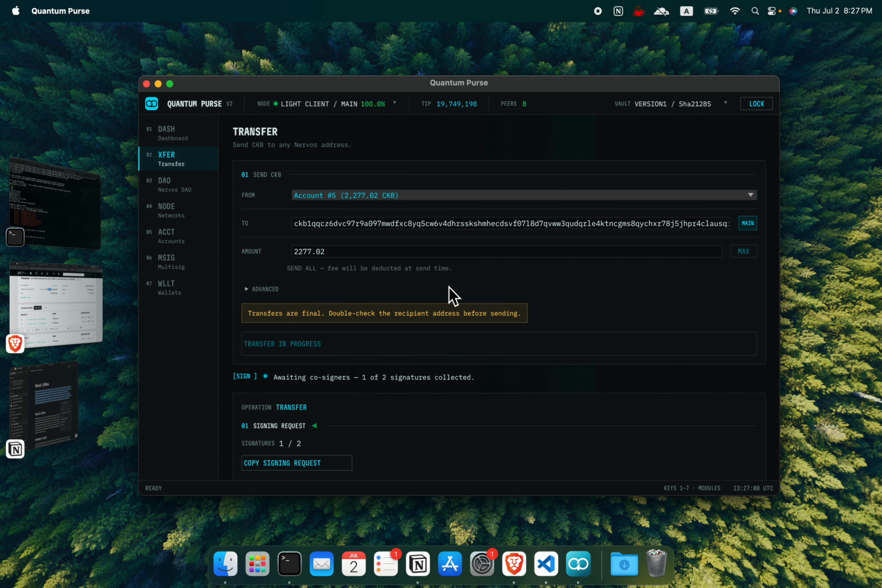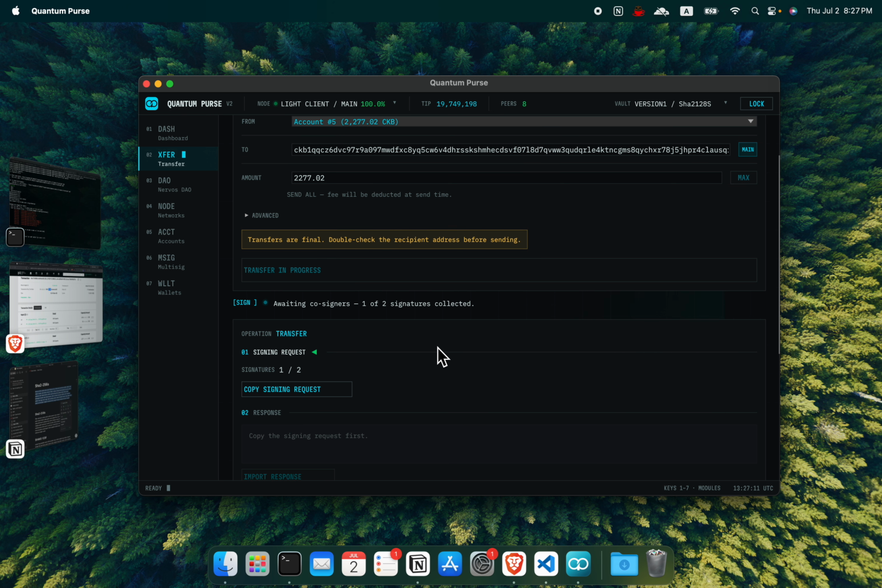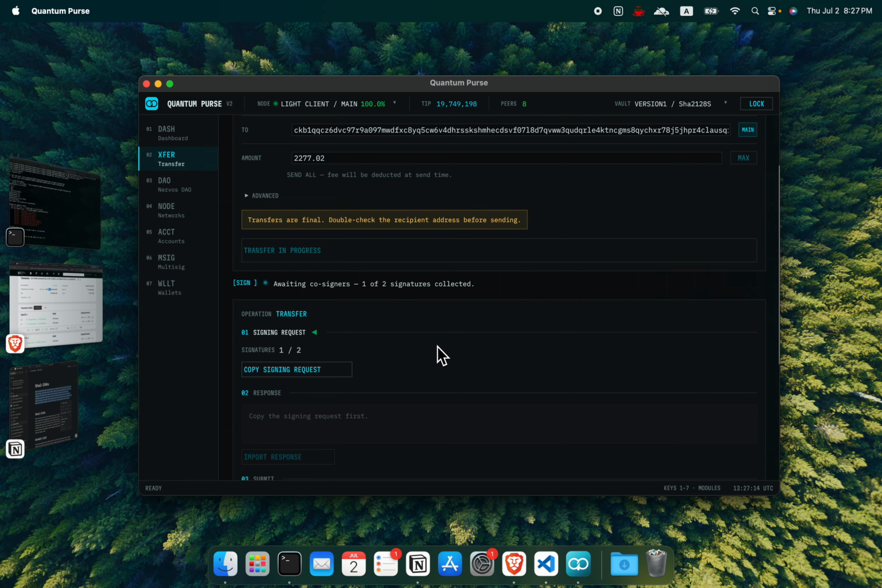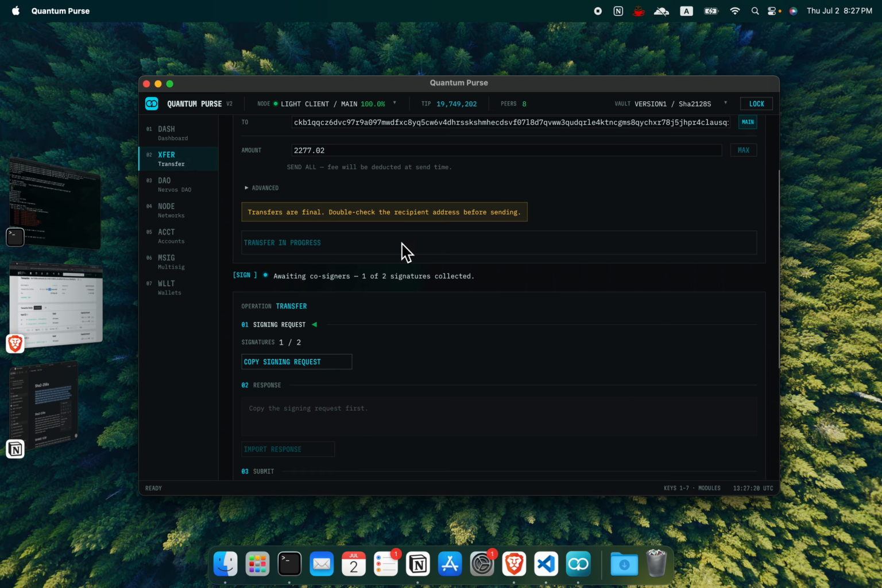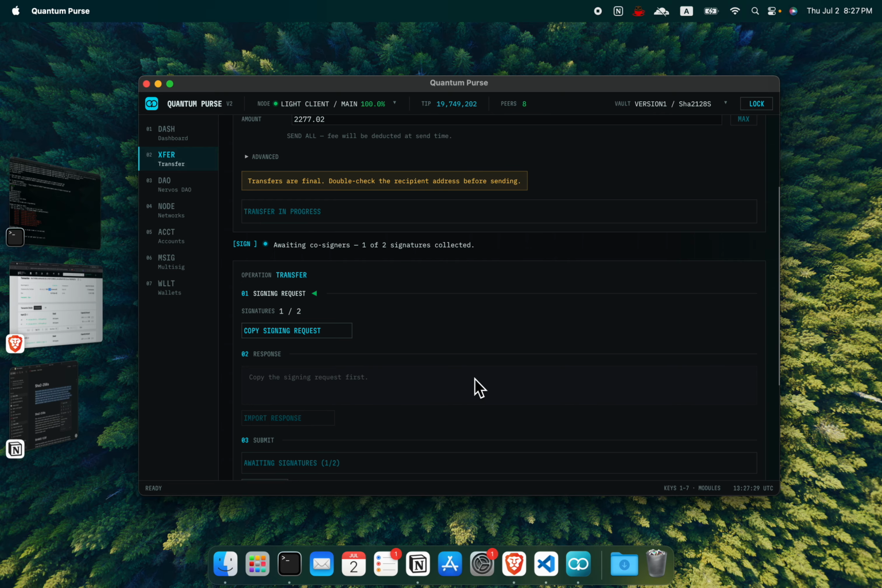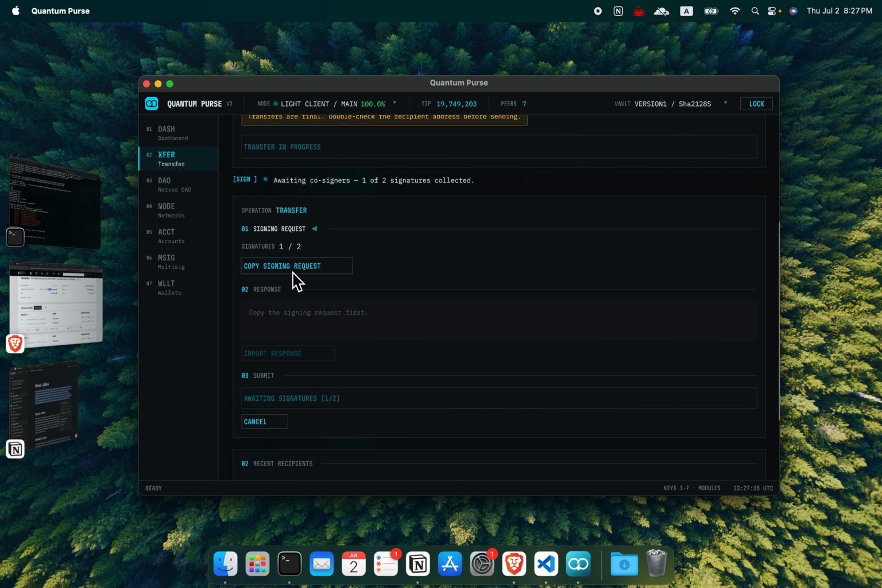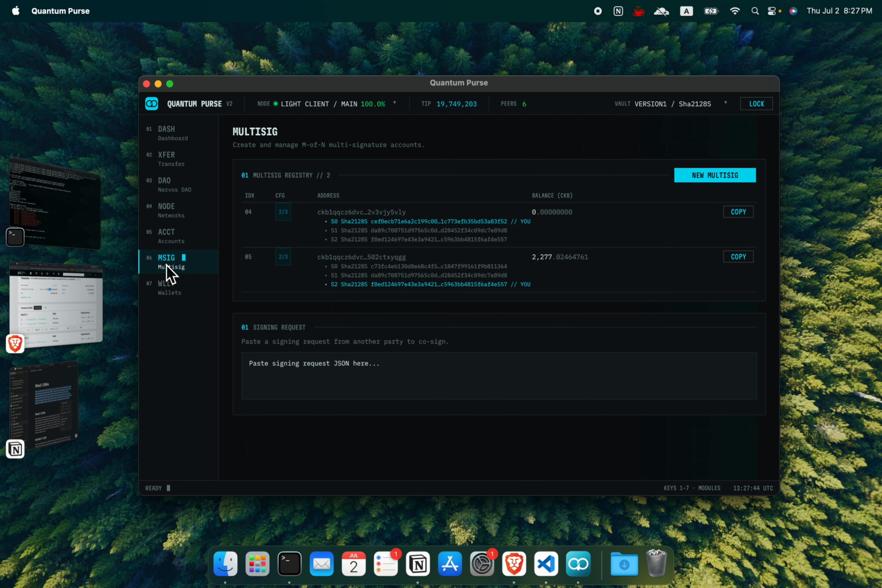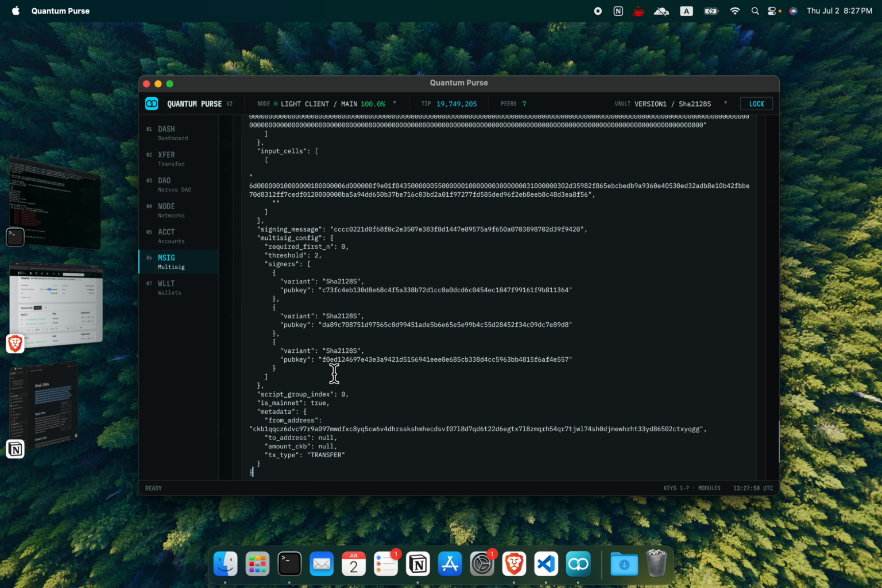So this is gonna sign the first message. So it is a 2 out of 3 multi-sig wallet, and we just signed the first message, we just provided the first signature. Now we need the second signature, right? And to gather the second signature, we will use the signing request created from the first signer, right? And we will go to the Multi-sig tab and we will paste it in the signing request, and the program will